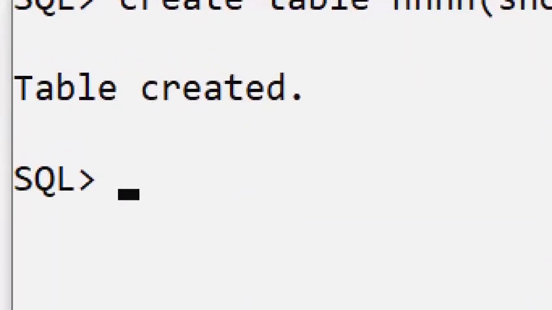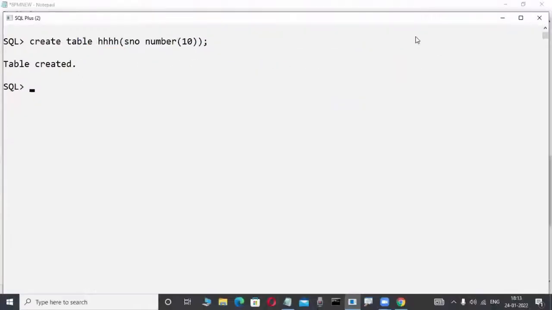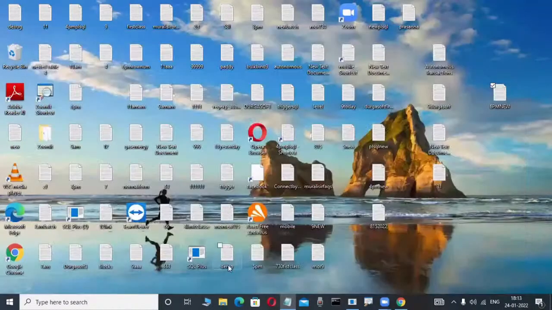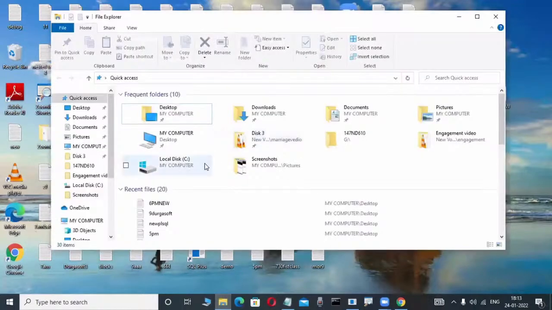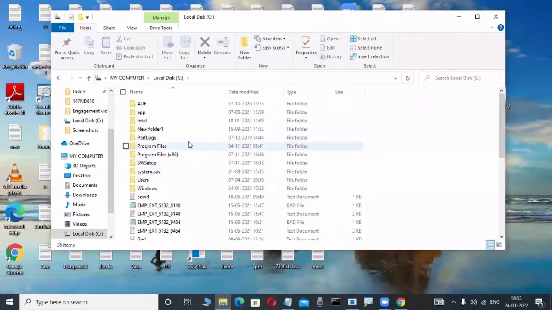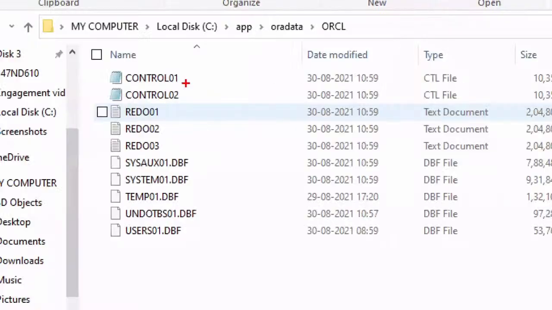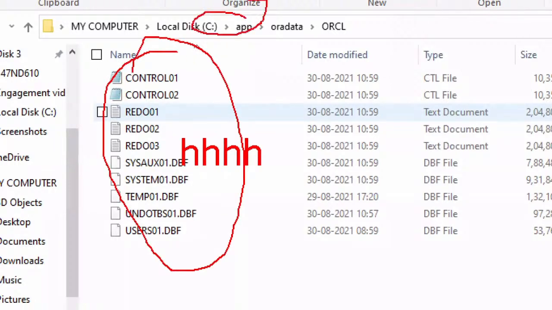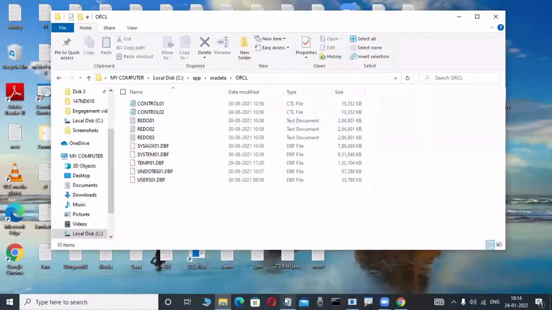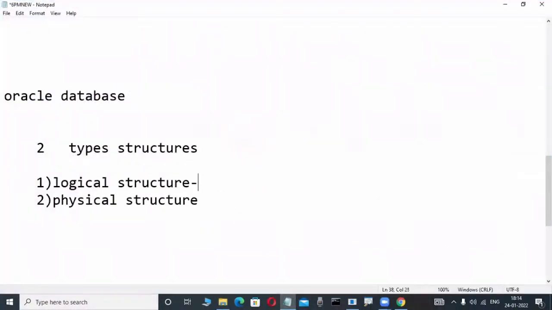Whenever I'm creating a table, this is not visible in the operating system. I'm installing Oracle in my system, and how you install Oracle we will learn in the next classes, don't worry. In this C drive, your table is not available. Whatever table I'm creating is not visible in the C drive or D drive. That's why a logical structure means a structure which is not